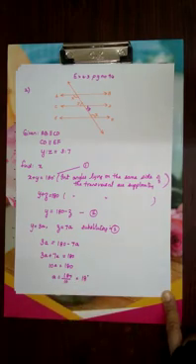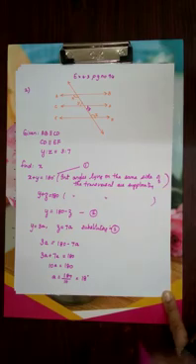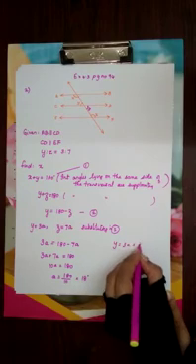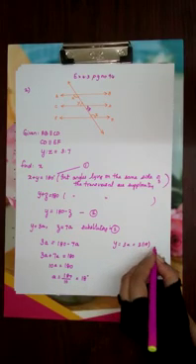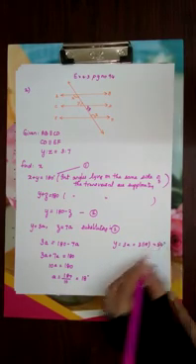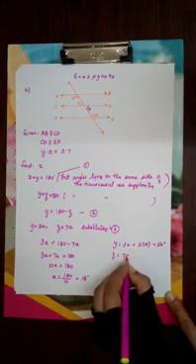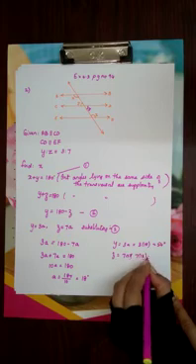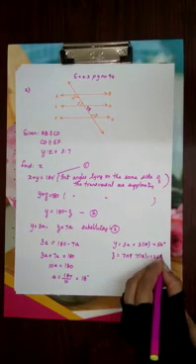Now that we got the value of A, we can always find Y, that is equals to 3A, which is equals to 3 into 18, that is 54 degrees. Yes, children? And Z is equals to 7A, which is equals to 7 into 18. If we multiply, we will get 126 degrees.